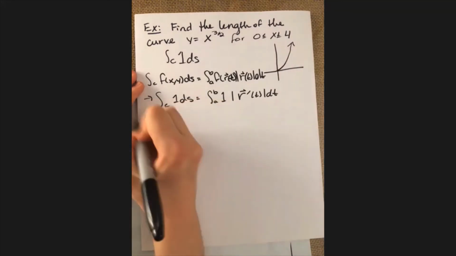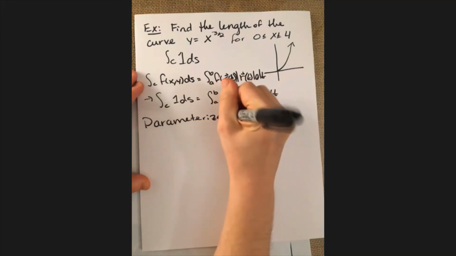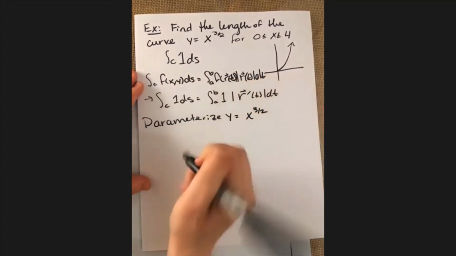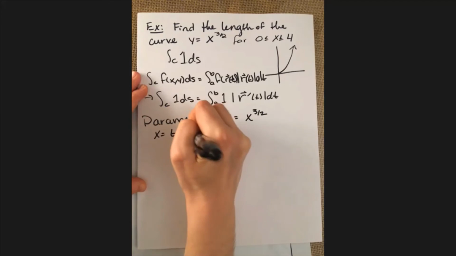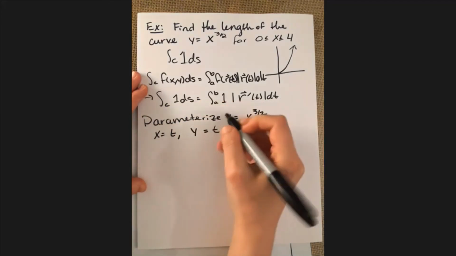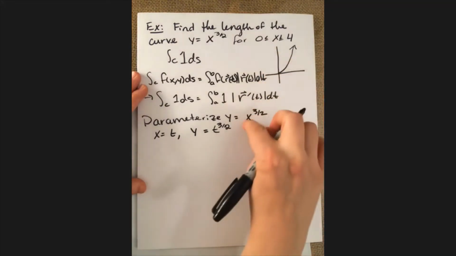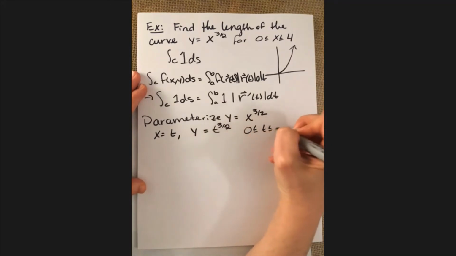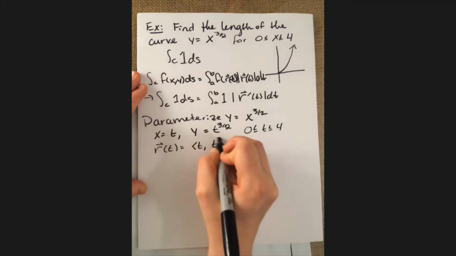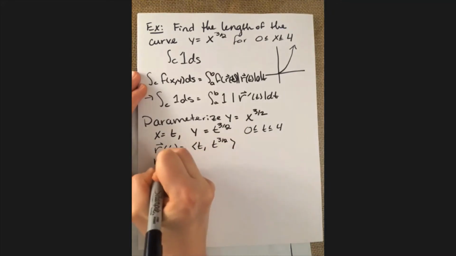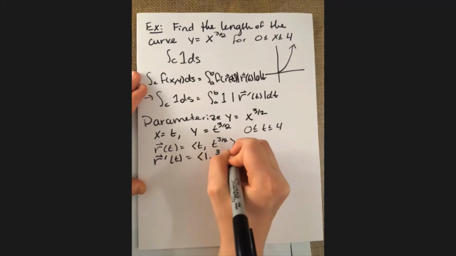So, parameterize y equal to x to the 3 over 2. In this particular case, when I'm given something like this, we just want to take x equal to t and then plug that in. So y is now going to become t to the 3 over 2. And my bounds on t are really just the same as the bounds on x. So t is between 0 and 4. So r of t is t, t to the 3 over 2, which we really don't need r of t itself. We're more interested in r prime of t, 1, and then 3 over 2 t to the 1/2,